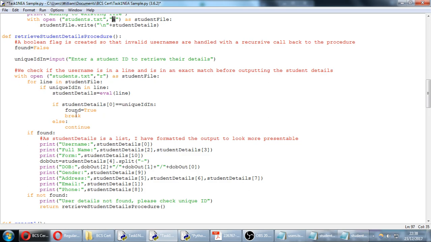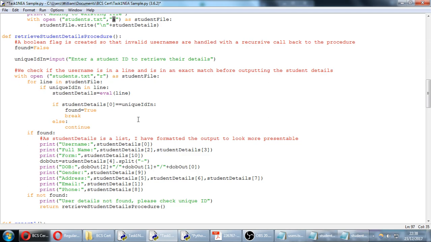If it is, that is true, we break from the loop, and then we can just output the details for that user. If it's not found, so if the Boolean flag is still false, then we can just say the user details can't be found. Maybe they need to check the unique ID,